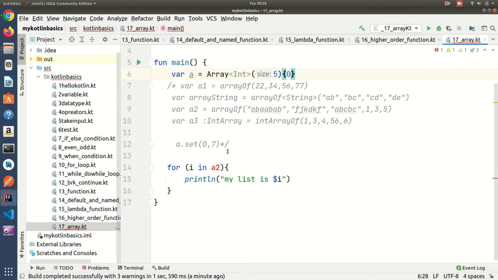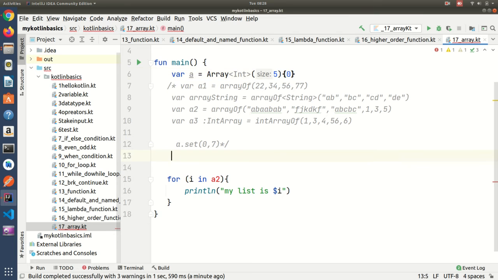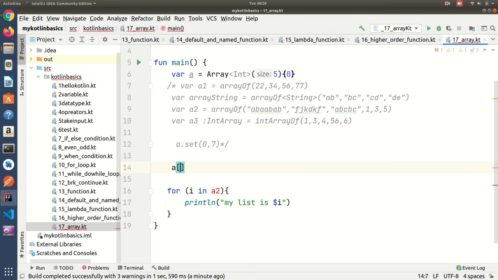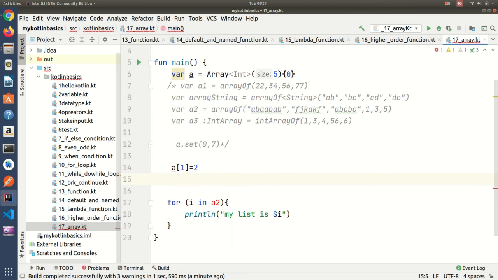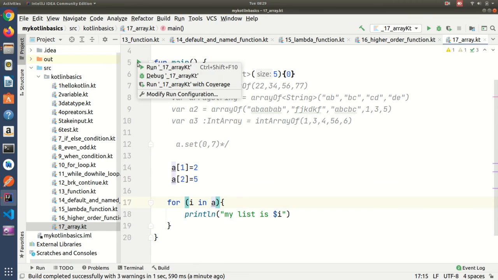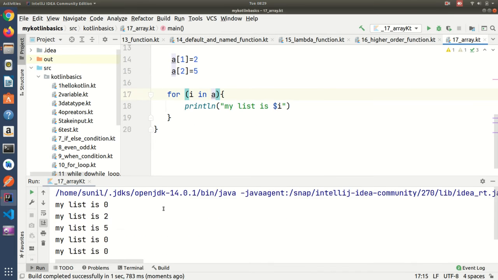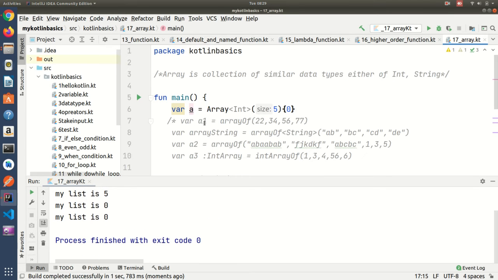So suppose now I am going to add some values. So a at position 1 is equal to 2, a at position 2 is equal to 5. Like that I can add values and then I am going to print. Let me run and see what values I get.